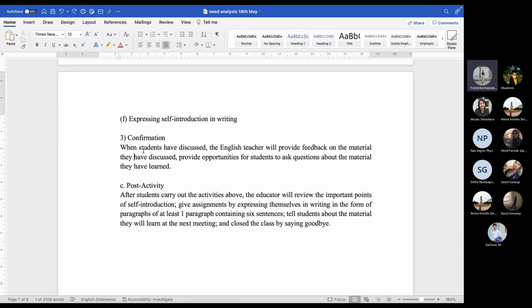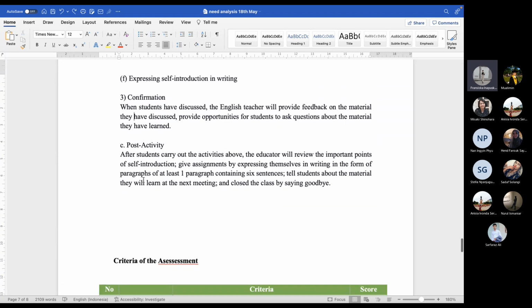The students can ask questions about the material they have learned. Then the post activity: I will review the important points of self-introduction and give assignments or assessment by having them express themselves in writing in the form of paragraphs, at least one paragraph containing 6 sentences. Then I tell the students about the material they will learn at the next meeting, and close the class by saying goodbye.